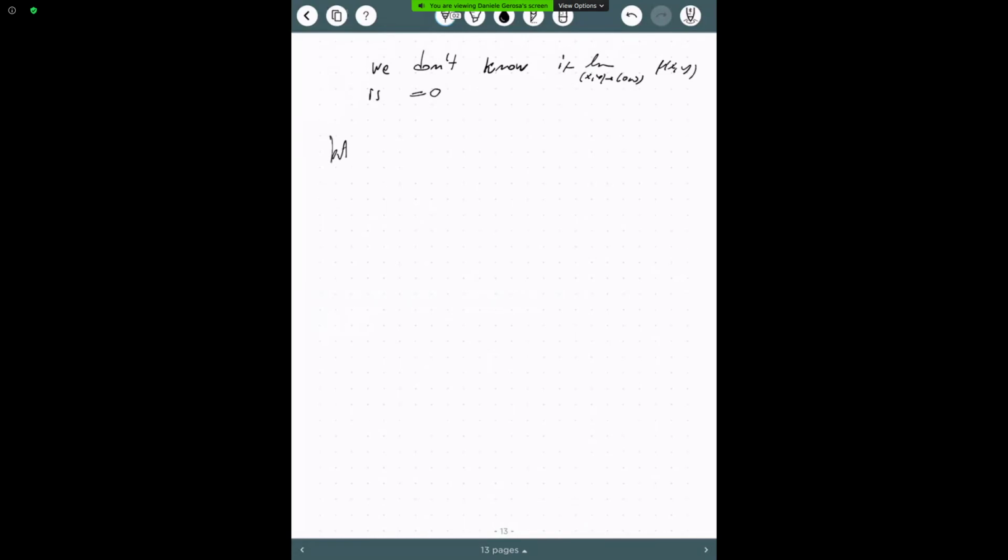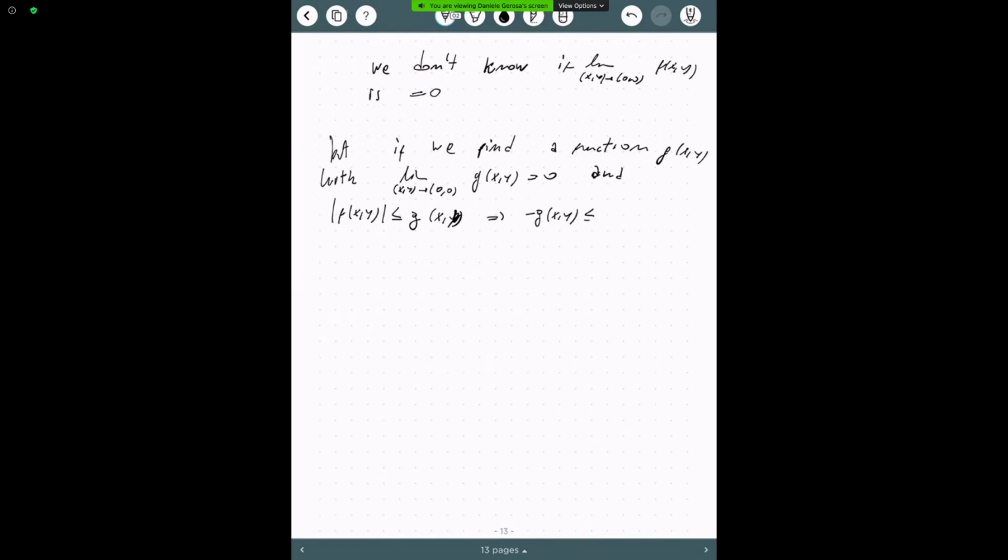But if we find a function g of xy with limit for x, y going to 0, 0 of g of xy equal to 0, and modulus of f of xy less or equal than g of xy, then this would imply that minus g is less or equal than f, which is less or equal than g, and then the conclusion follows from